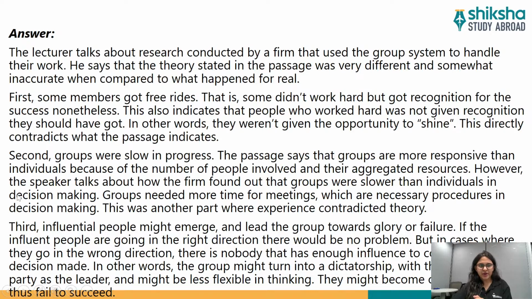So again, however, the speaker talks about how the firm found out that groups were slower than individuals in decision making. Groups needed more time for meetings, which are necessary procedures in decision making. This was another part where experience contradicted theory. So you can see how well the sentences and the words have been constructed. You will have to use a similar kind of vocabulary in order to get a very high score in your writing